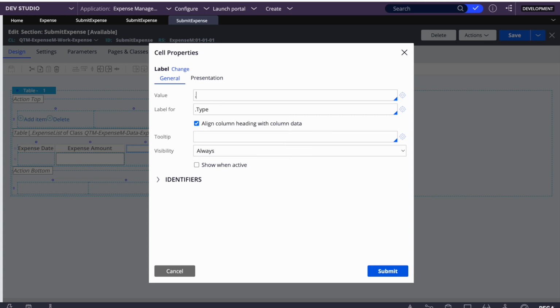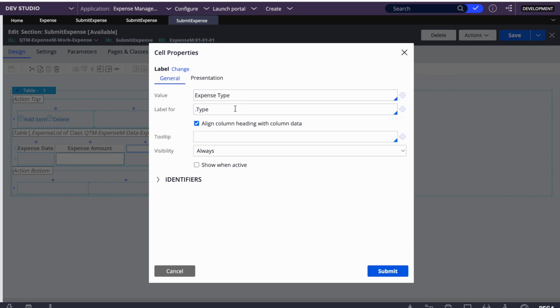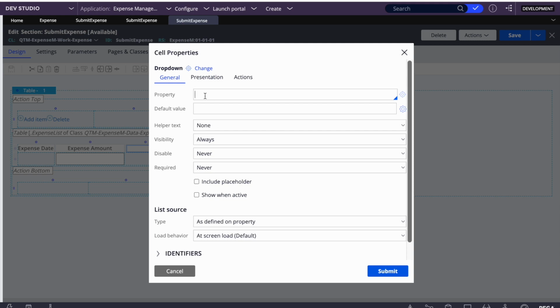And then here we'll say expense type. And this is a list which I have already created. Okay, so if you see, we can keep it free text also, but I have created a list. Okay, and then the value will come from that,